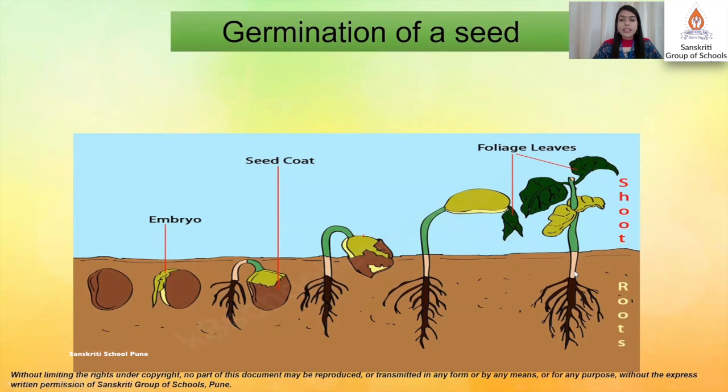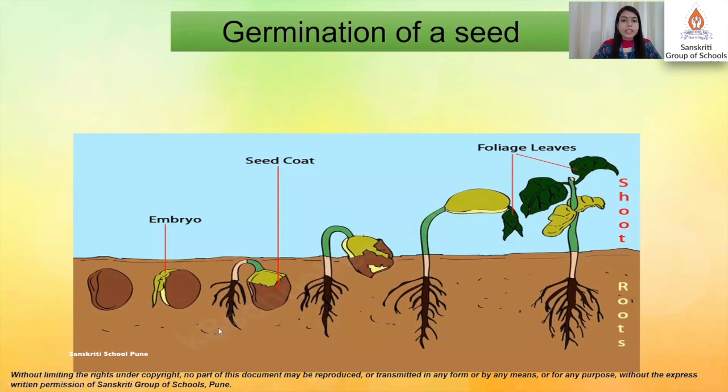So at the last, the leaves open. They start performing the process of photosynthesis, which you have already studied, because they need to grow taller. So they need to perform photosynthesis to make their own food. And now the roots are developed. They are still growing and they'll keep on growing wherever they find moisture and nutrients. We have discussed this earlier in the class, that the part above the soil is called shoot and the part under the soil is known as roots.